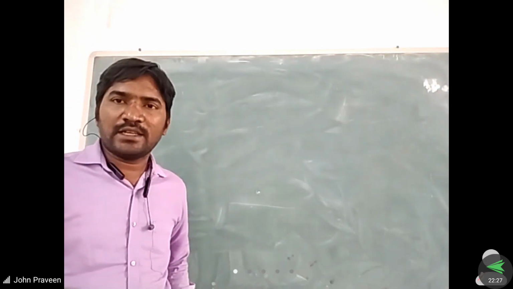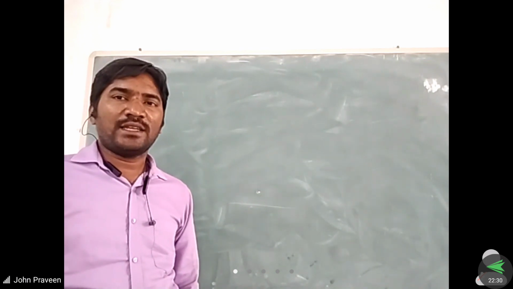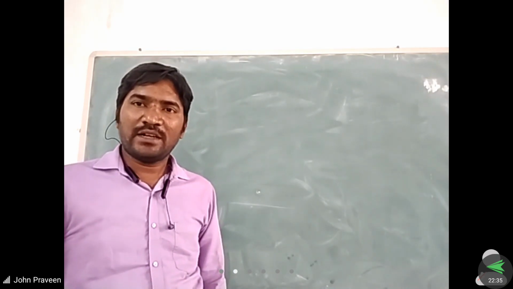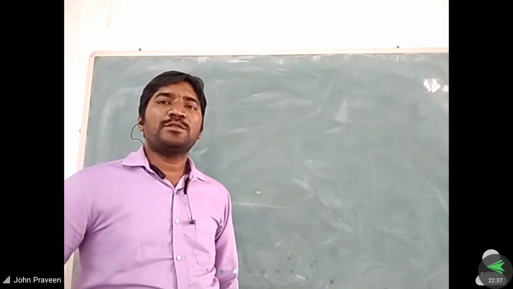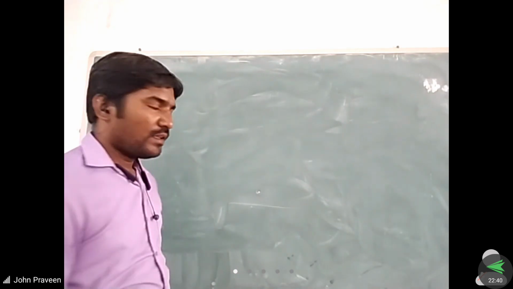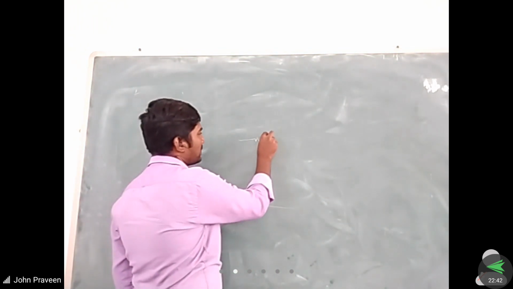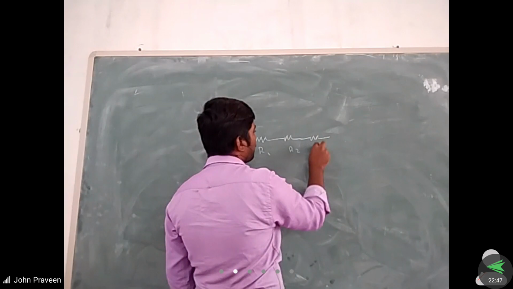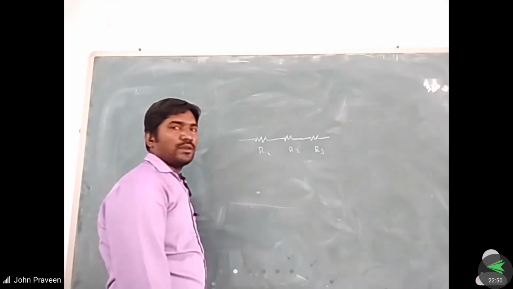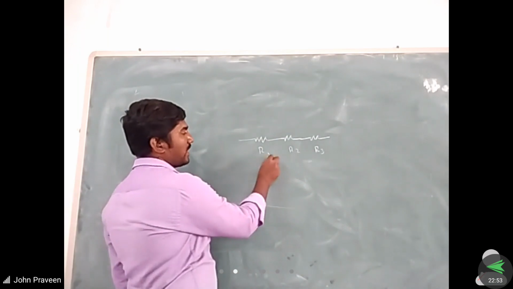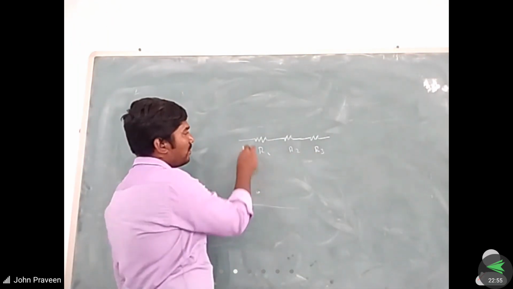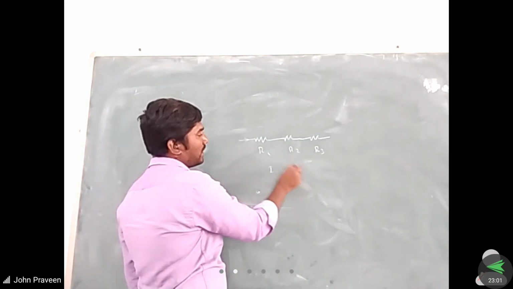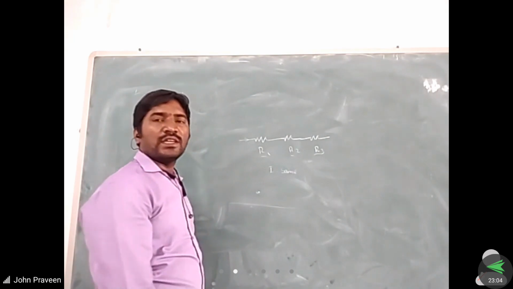Okay, in a series connection, the current is the same. In a parallel connection, the voltage is the same. So the same concept we are taking here. There are different types of resistors considered. For example, in case of resistances we take R1, R2, and the third resistor R3, right? Each one has a different resistance, but whenever current is passing through them, I is the same, even though the resistance values are changing.